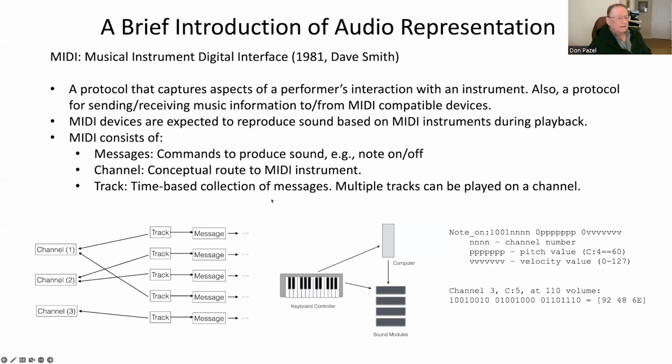So conceptually, what happens in MIDI is that you have a set of channels. Channels can be thought of as instruments. You take messages like the ones I just showed you, you arrange them in what I like to call a timed array, or basically an array with time stamps on each message. The time is a special type of timing mechanism that MIDI has adopted. And so it's not necessarily seconds or anything like that. It's something else. And so you put the messages on the tracks, you feed the tracks into the channels.